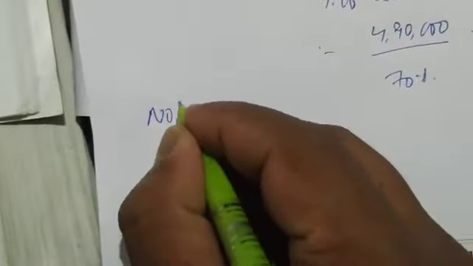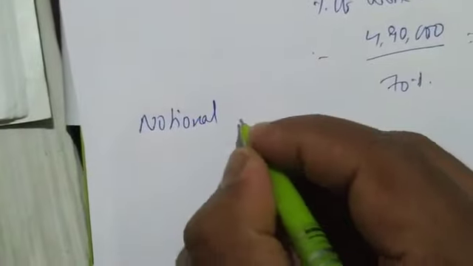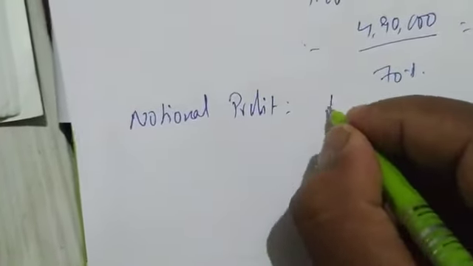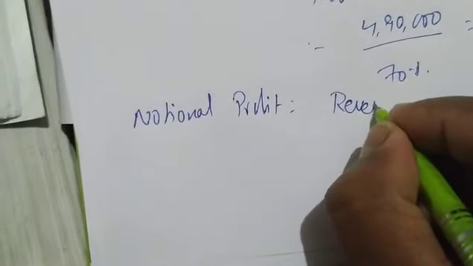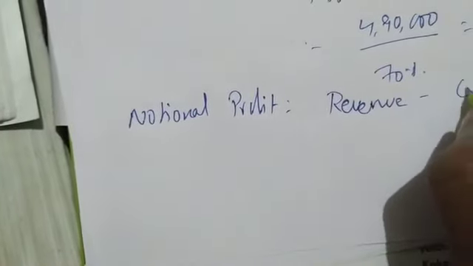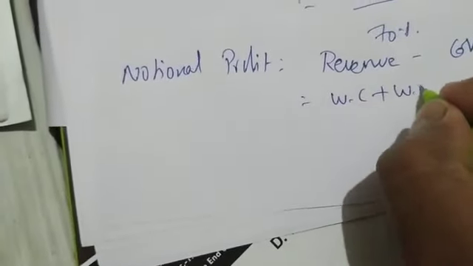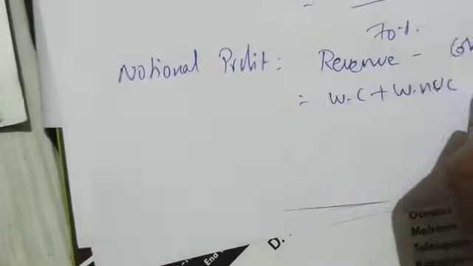So you have to do what? You have to find out notional profit. How will we find out notional profit? Revenue minus cost. How to get revenue? Work certified plus work uncertified minus